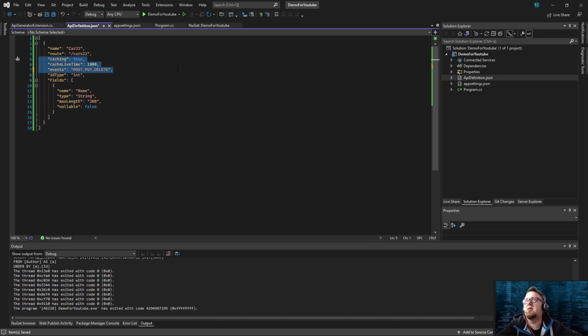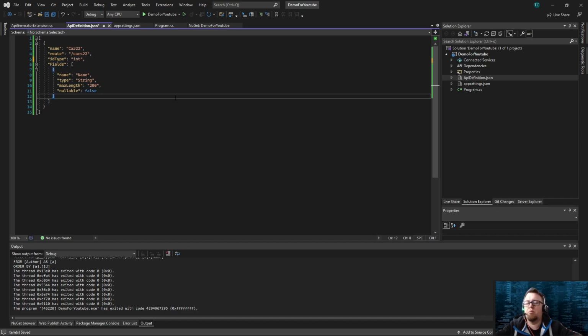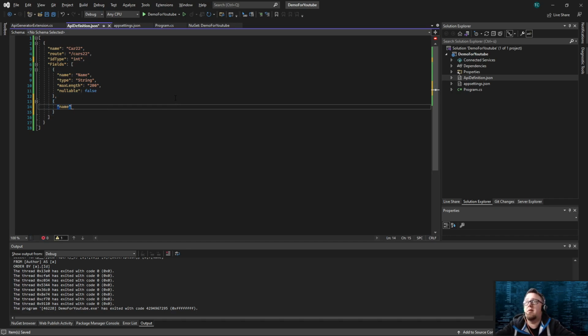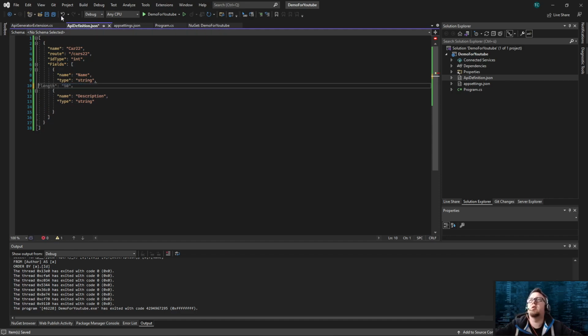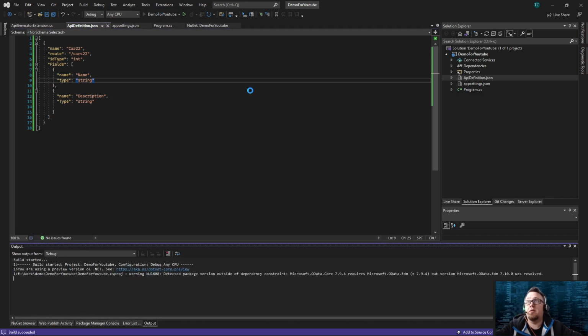We want these pieces; I remove them for now, not working. Here we say which ID type the primary key has. We add these fields. We probably want to add one more field to make it nice: name, description, type string. The rest doesn't matter. That probably has to be string as well. These two, we just remove them for now. And if we start that now,